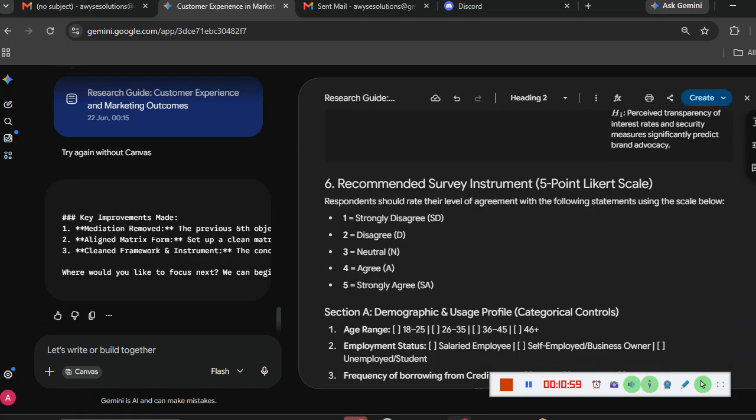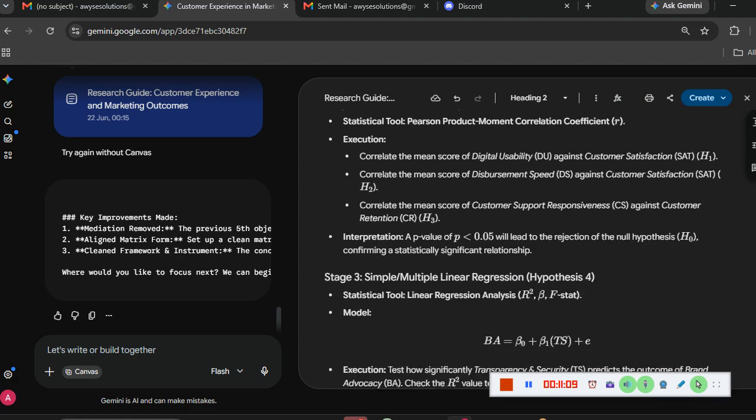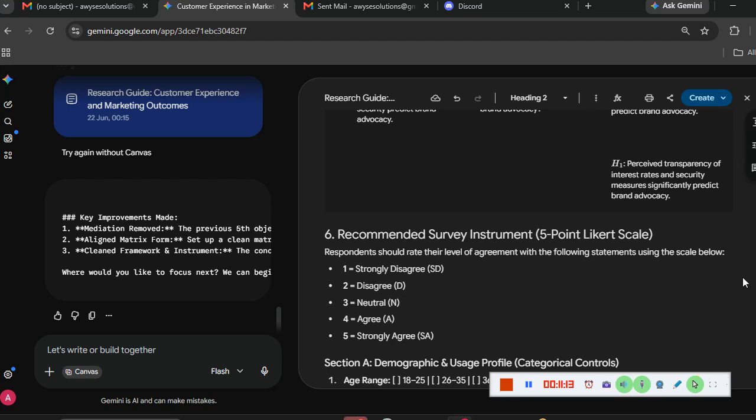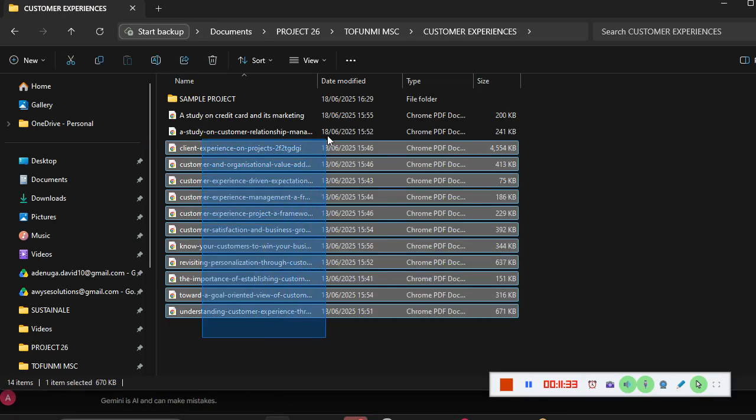Then it drafts a research question immediately that would help to achieve the objective. So what I just did was copy this and put it in Microsoft Word. Now, for the theory, I could say something, but I don't want to do that yet. So the next thing that I will now do is, I already have the journal downloaded, so I will just pick this journal.